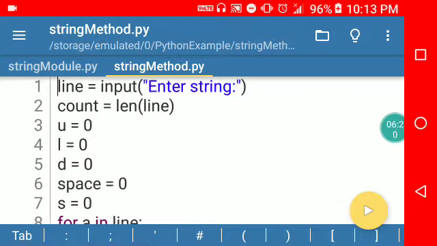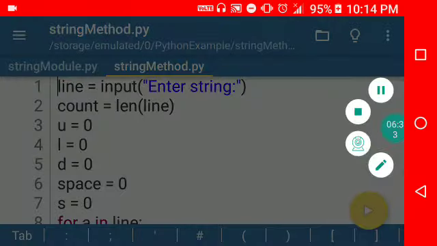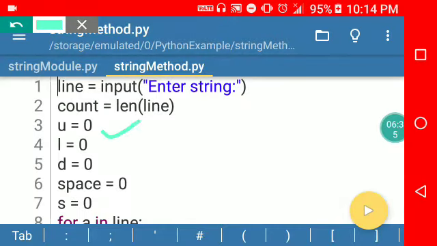In this program I have included how to find, from a line, the number of uppercase, number of lowercase, number of digits, number of spaces, and number of special characters.